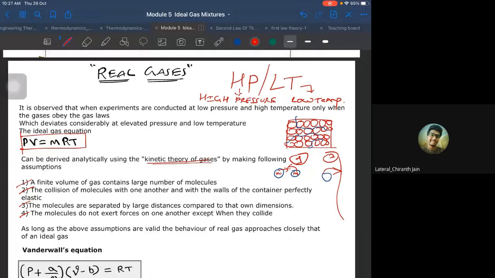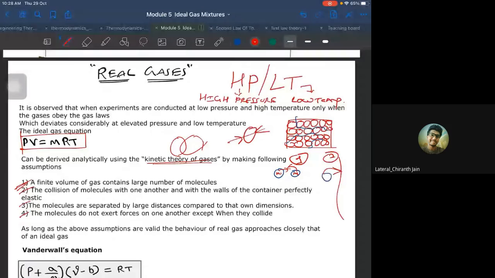theories says the molecules will touch each other. But in the gas, it is not possible. When you compare the radius of each and every molecule, it becomes much larger when it is compressed with the assumption number one, because it contains a large number of molecules, there are no voids in it. That means your molecules have to overlap each other like this. If you go with the exact radius of the molecule, that is not possible. Eventually, that assumption has failed.